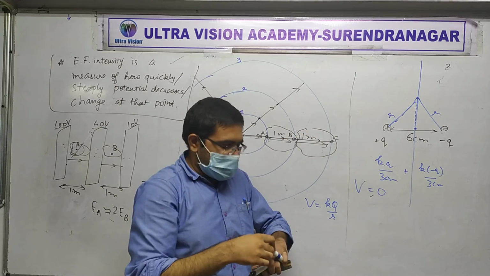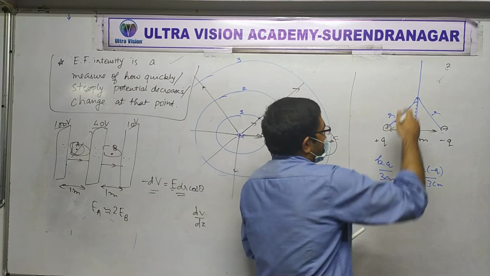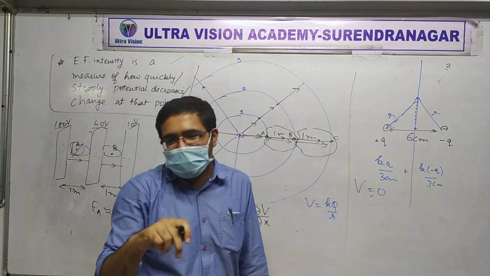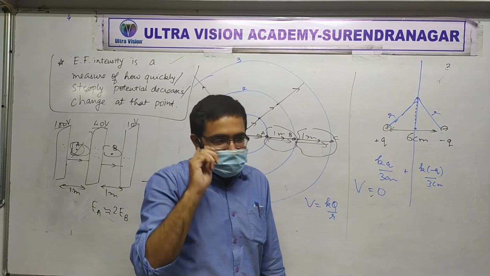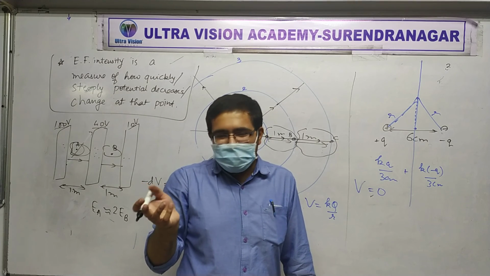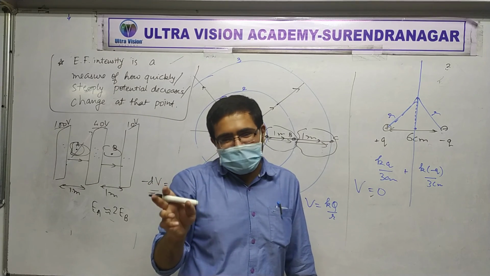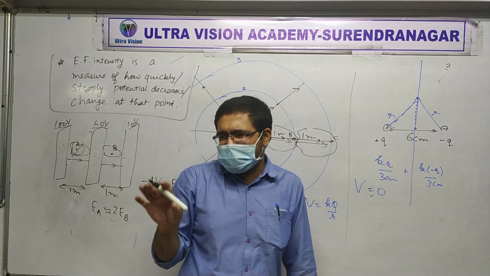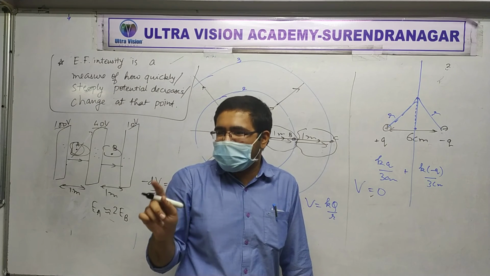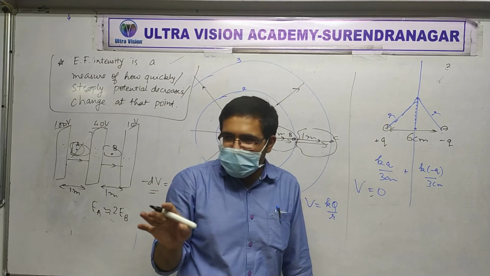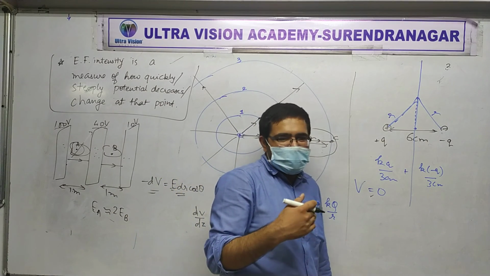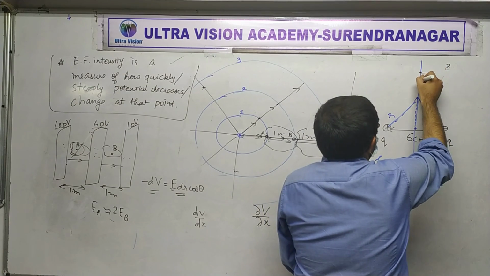Let me also tell you what would be the direction. Equatorial or bisector, do you remember what is the direction of electric field on the equator of a dipole? The formula was given just now: minus p vector upon r square plus a square raised to 3/2. So direction is minus p vector, opposite of p vector. So p vector points to the left side in the figure, and electric field at all these points will be towards the right side.